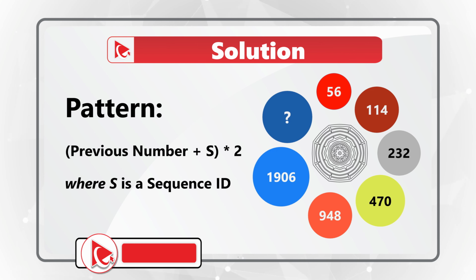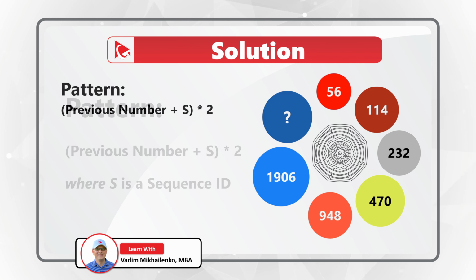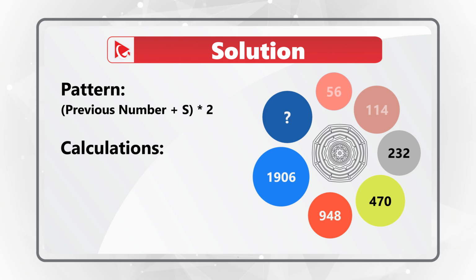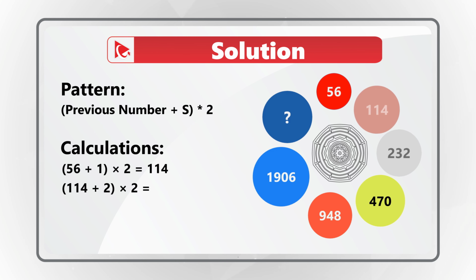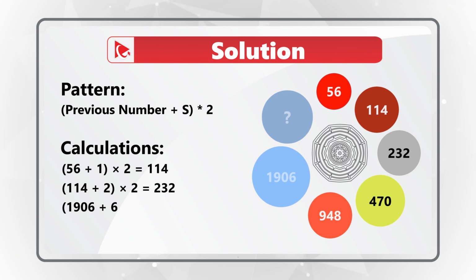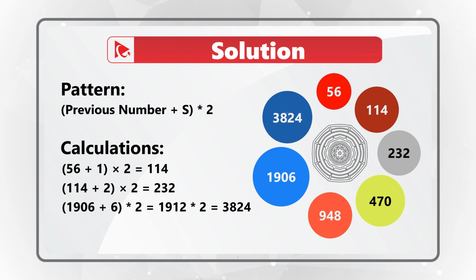So let's look at the simple calculations. The first number in the sequence is number 56. If we add 1 to 56, which is the sequence number, then multiplied by 2, 57 multiplied by 2 is 114. Let's do the same thing to number 114. 114 plus 2 multiplied by 2 equals 116 multiplied by 2, which is 232. So our final number, 1906 plus 6, which is the sequence number, multiplied by 2 equals 1912 multiplied by 2, which equals